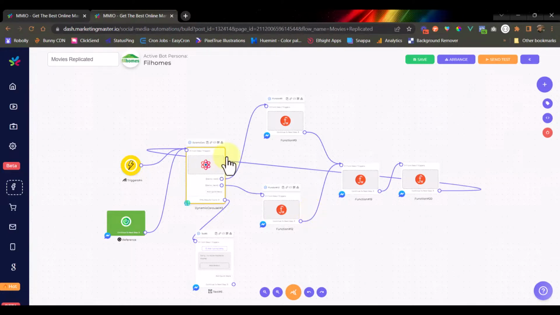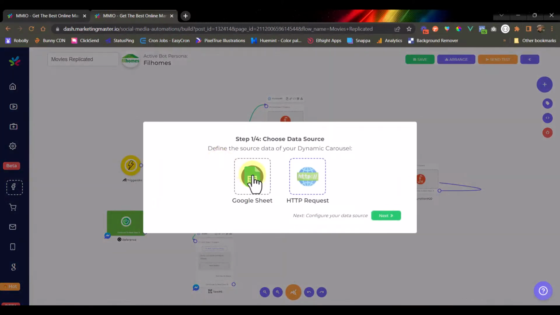So on the next video, I'm going to show you how to use Google Sheet as the data source for your